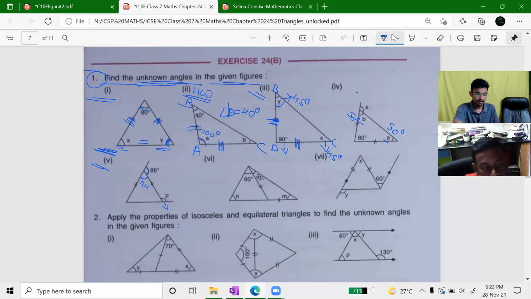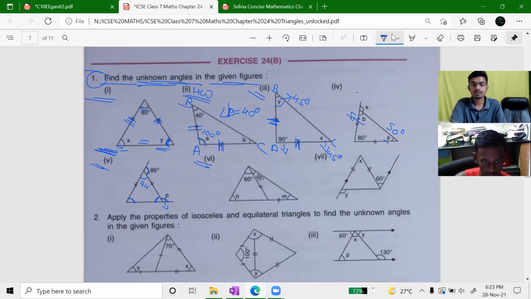And we know that we can find these two angles easily. We can find it out, na? Now tell me, if you can find this angle, then you can also find this angle easily. Once you come to know this angle, then this angle will be easy for you. You have to do it and you have to show me, okay? Come to question number 6.